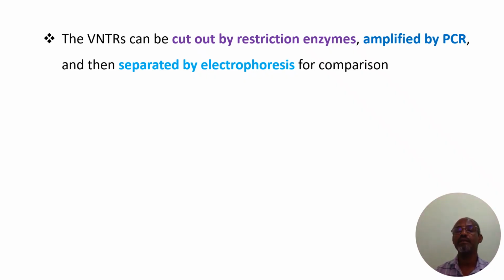Amplification means simply cloning the genes or multiplying them. How do we do this? Of course, in vitro, that means outside of cells. That means in a machine, in a lab, a test tube machine. We put those fragments and we multiply them so that we will have enough of those samples